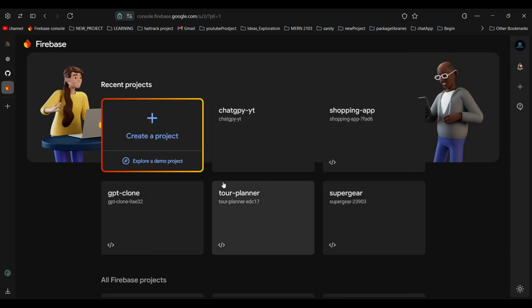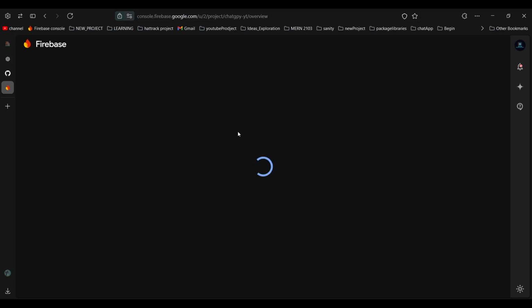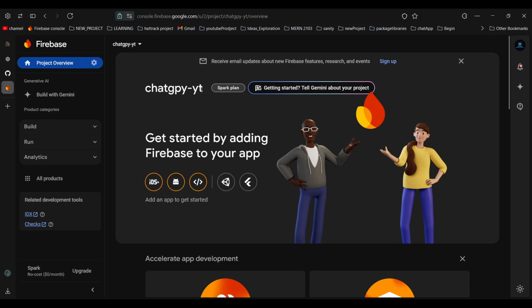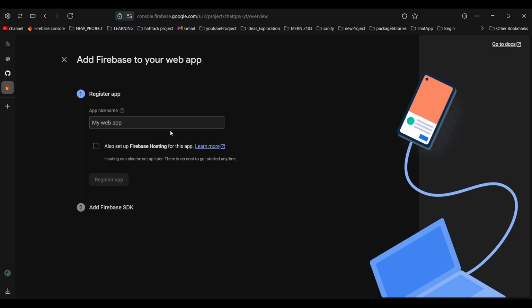Let's click on continue, and now as you see, ChatGPT-yt, we are just rolling within that application. Now just click on that web. We are not going with iOS or Android, we'll directly go with the web version. And from that web, we also need to register our application. And here also I'm going to provide the same name. You can feel free to give a different name. I don't want to use Firebase Hosting, so I'll register the app directly. And after registering, we're gonna have that